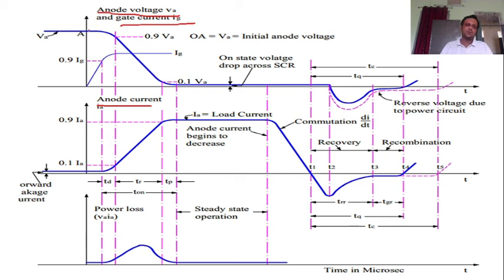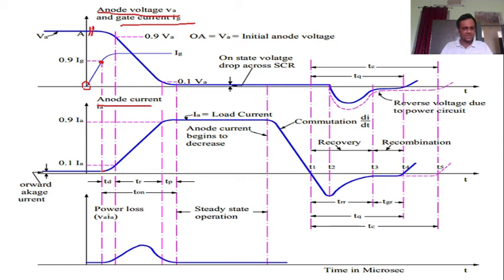You can see here, when the switch is open, you are maintaining the voltage V at this point. Suppose we are initiating the turn on and we start applying the gate current here at the 0 point. So gate current is building up. When we achieve 90% of the gate current, then you will find your thyristor starts building up its anode current.